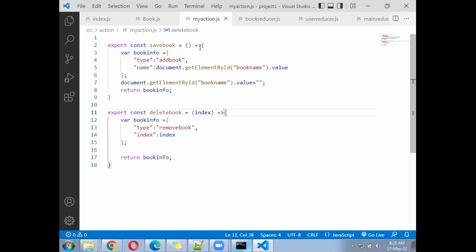Okay, so we can come to the action file, right below the command called